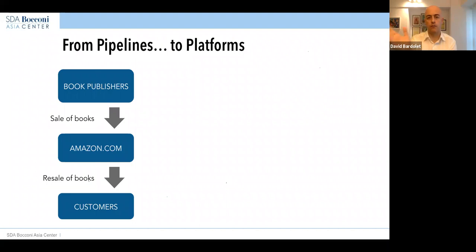The distinction here from a platform is what we call a pipeline business. And the pipeline business is a traditional business, the one we've always seen. What is a traditional business? A business where there is a supplier that sells something to the manufacturer, for example, or the service company. The supplier sells some inputs. The manufacturing company or the service company does something with those inputs, creating a product or service, and then sells it to the customers. So for those of you who said Amazon, it actually started as a pipeline business, not a platform.